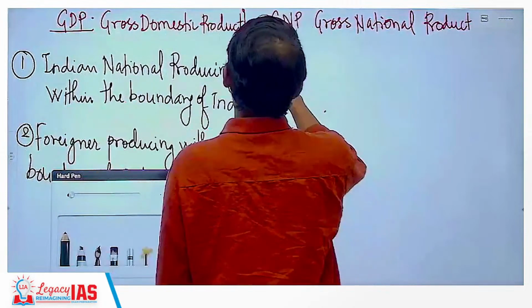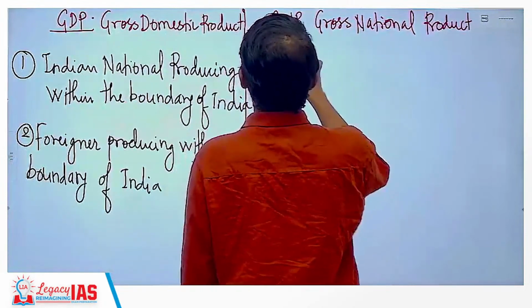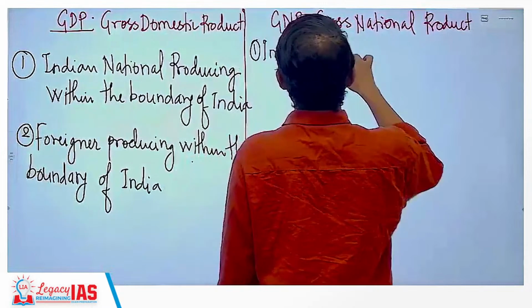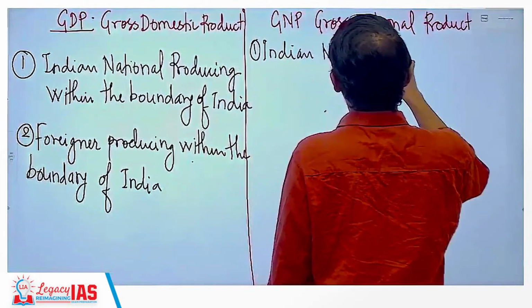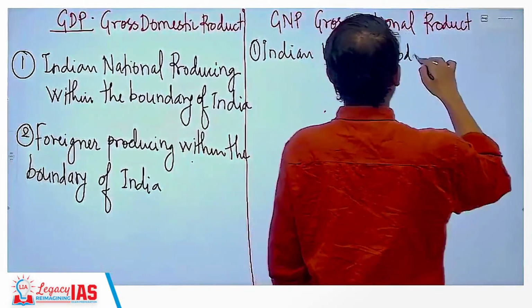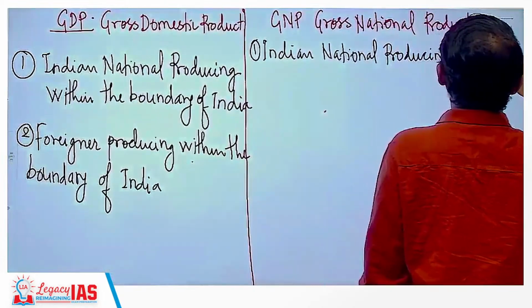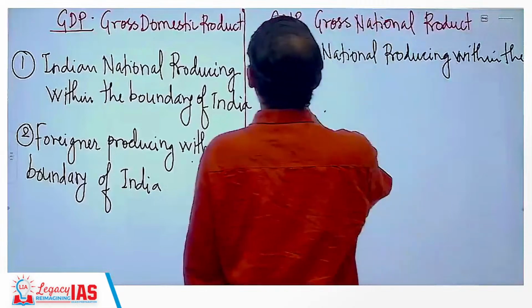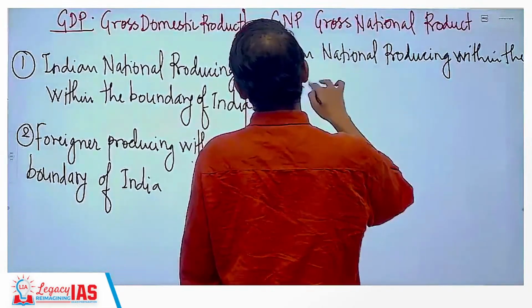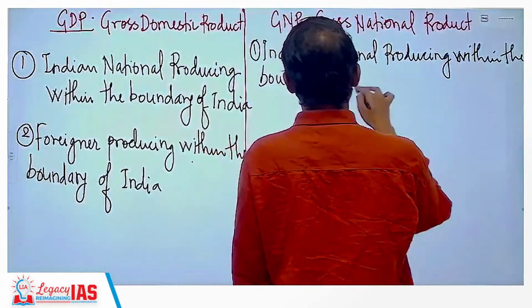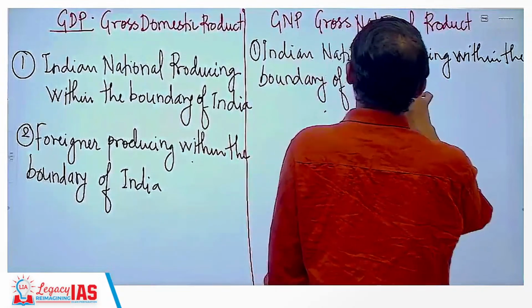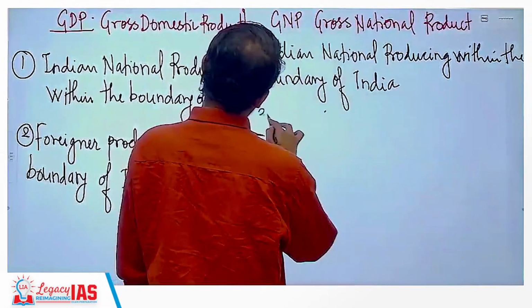The very first component would be Indian national producing within the boundary of India. And the second component would be,